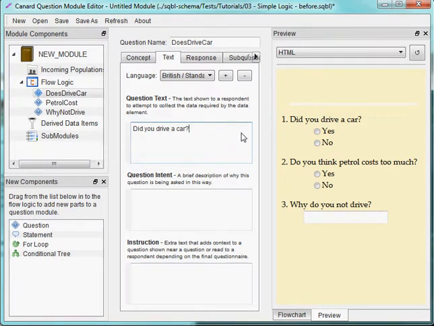This is the third in a series of tutorial videos about the Canard Question Module Editor and the Structured Questionnaire Building Language. In the last two videos we covered how to create basic questions in Squabble using the Canard editor. And now we're going to take a first look at how to string questions together in the context of a